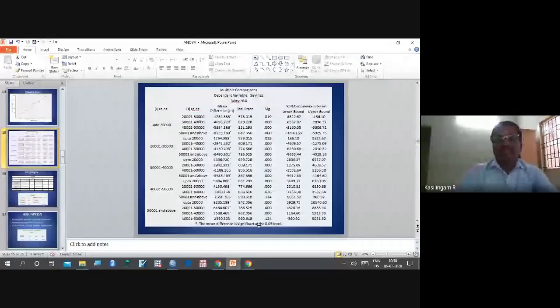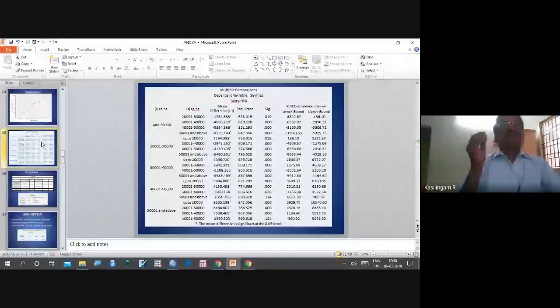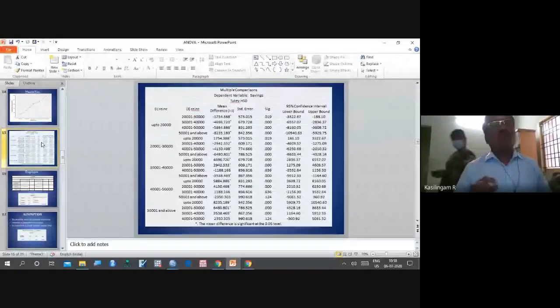So now let me repeat. Very simple. Put ANOVA, find out the significant level. If the significant level is less than 0.05, which means there is a difference. Whenever there is a difference, you put post hoc Tukey. Tukey will tell which group save more, which group they save less. So which group is different from which group, that you can see from post hoc. So that's all. Now, any doubt? If you have any doubt, I will have another example that also I will do.